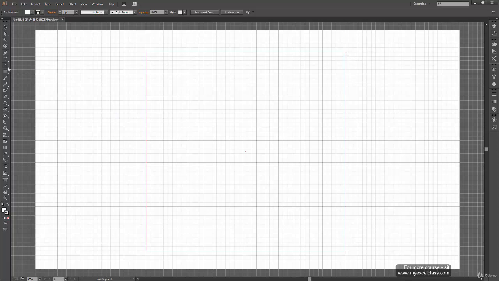Now what we'll do is select the line tool and start making lines from this point to this point. Okay, so for the second line we will start from this point and end at the second grid, and we'll keep repeating this process for the entire one section.